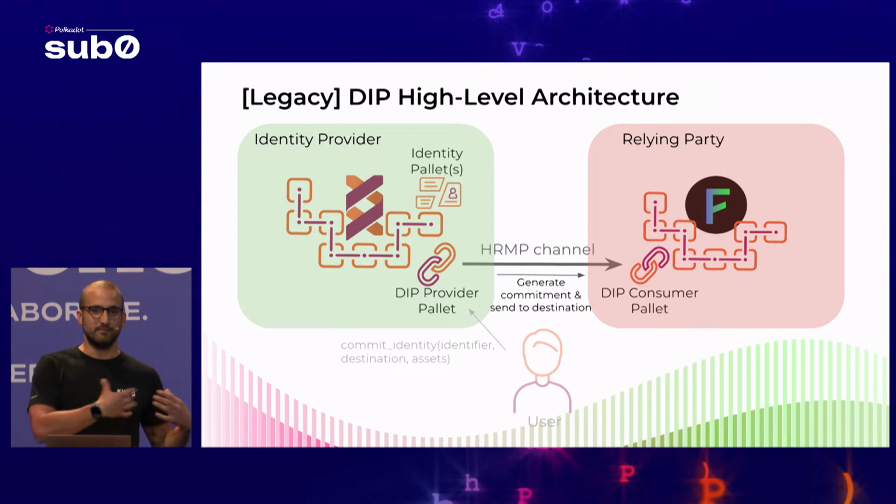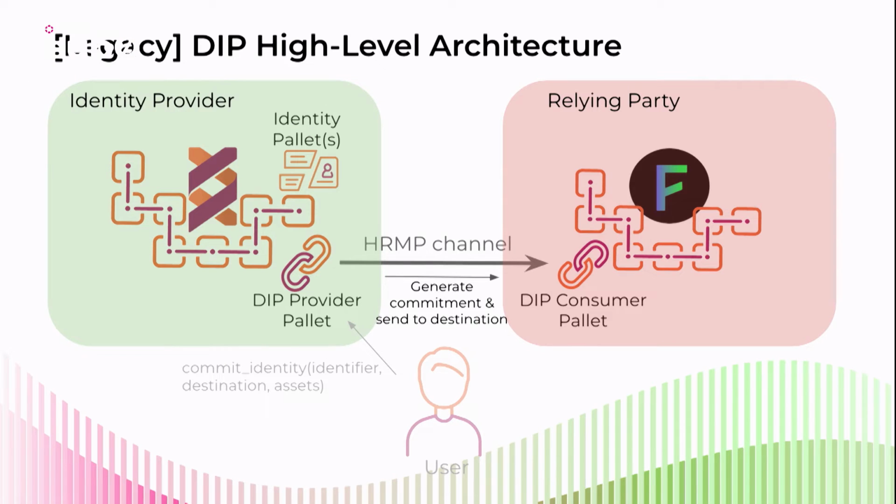One strong limitation here we found is that it's not really trivial to deal with XCM fees when you want the parachain to be the origin of the message, but you want a user on that parachain to pay for the fees. This is hopefully solved with XCM v3 and with the clear origin instruction, which allows you to exactly do that. Go down to the user level, withdraw some fees, then go back up to the parachain origin and do some operations as a parachain. Because as a relying party, you trust the source parachain, you don't trust users on that parachain.